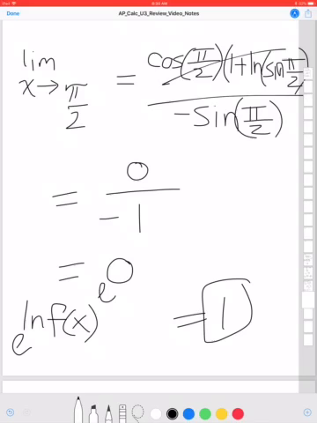Please excuse the way I wrote this. Please write your final answer as the limit as x approaches